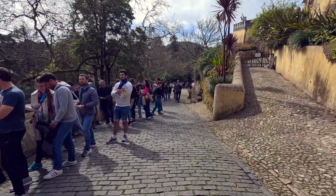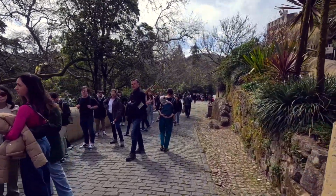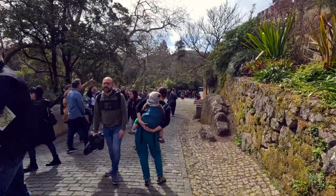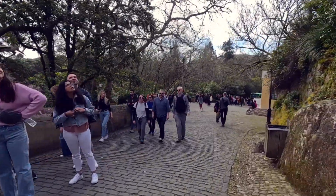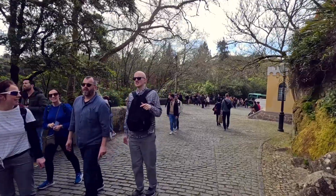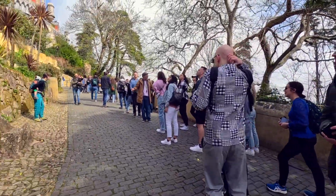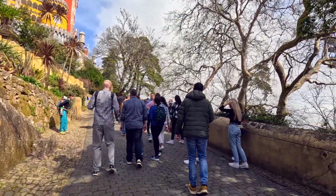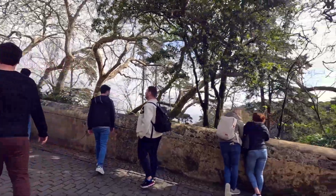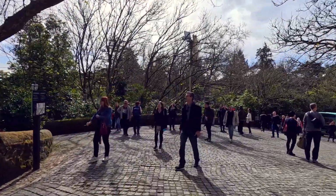You see, all these people are lining up just to get inside the palace, and that's why I'm trying to avoid that. I don't have 2 hours to waste just to stay in this line. And this line is so huge; it goes all the way up there, and I would imagine it's gonna take me probably 2 hours, and that's why I got only a ticket for the park,